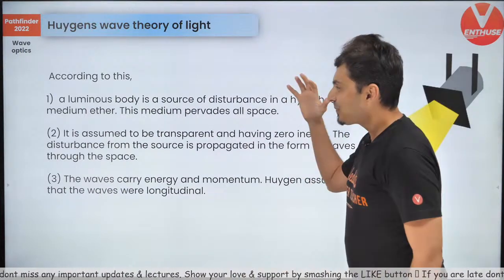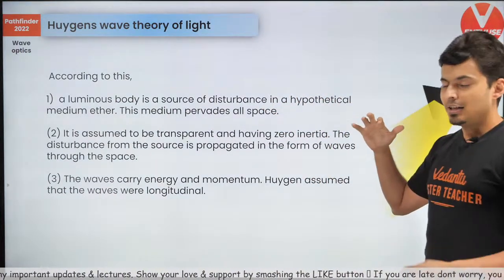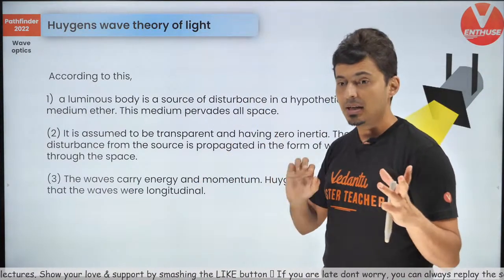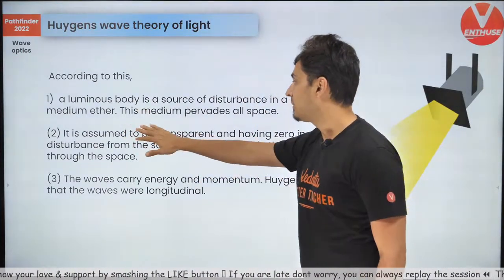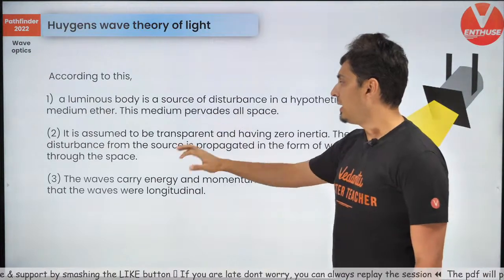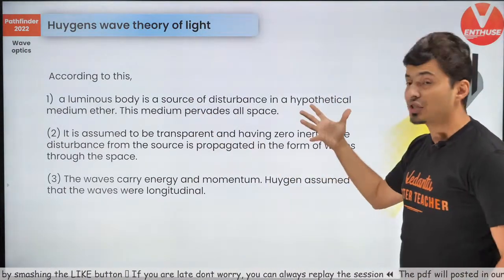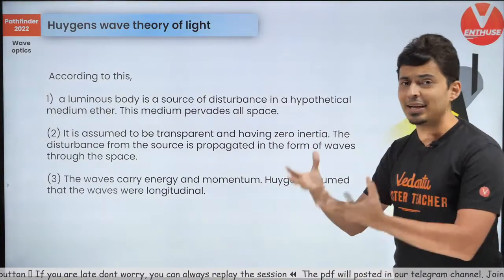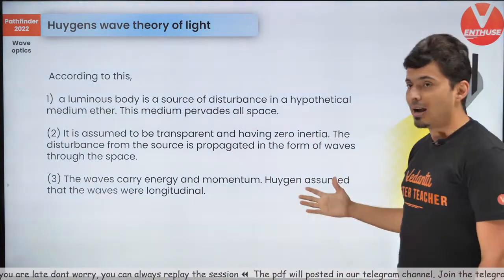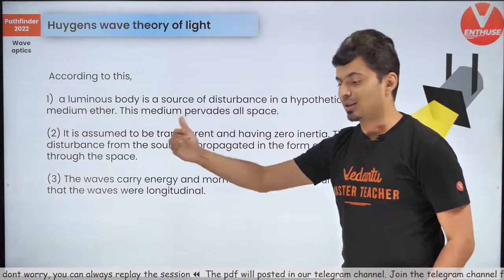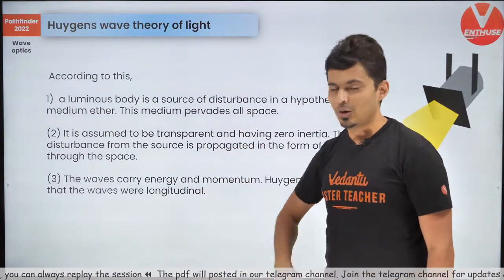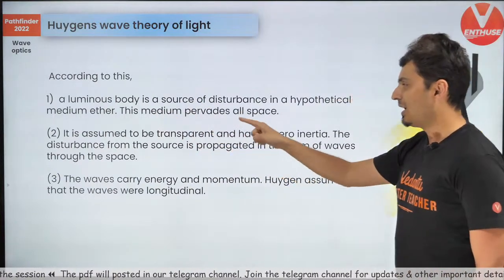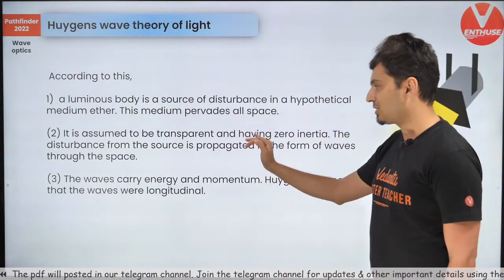Alright. So, the entire assumption is that light is a mechanical wave for Huygens, and it needs a medium called ether, which is there everywhere. It is assumed to be transparent, so you cannot see it or feel it, but it is there, and this is what light makes use of to travel and propagate its disturbance. So the moment you turn on a torch, the moment you turn on a candle, the disturbance propagates through this assumed medium by Huygens, which is called ether.